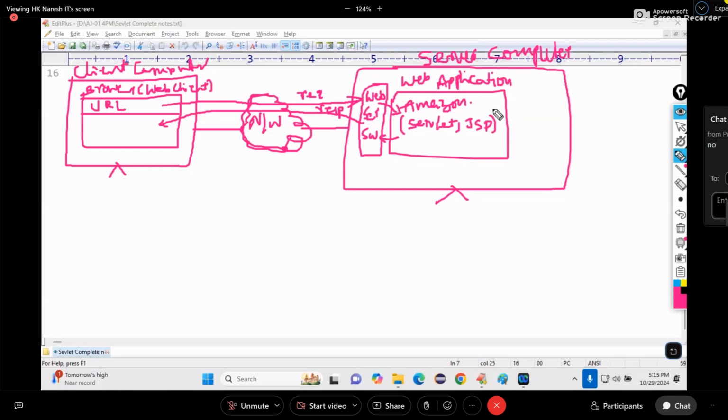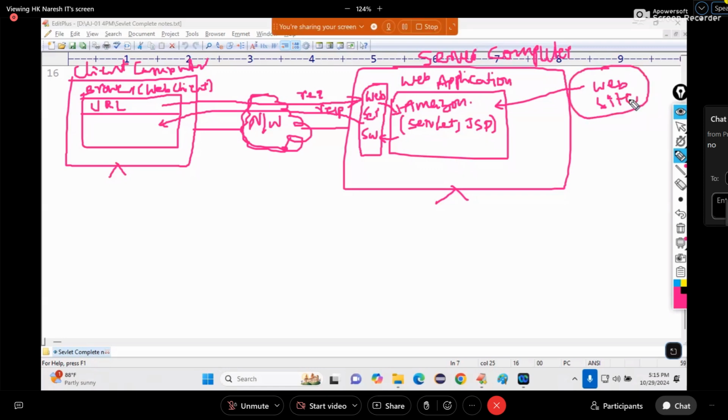What application? This application? Web application. Already written, sorry. Or we can also call it a website. Web application or website.